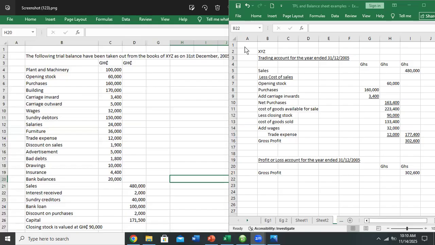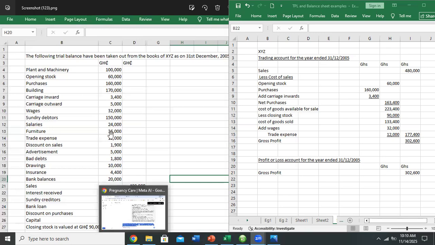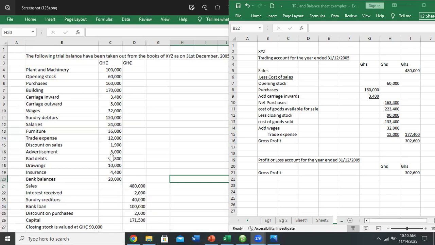These are the common ones. There are even some questions where you will not see any other income. So for this question, the other income, I told you, has credit balances. So when you are looking for them, don't veer into the debit side. The debit side is your assets and expenses, and your credit side is your income and liabilities. So if you look at this credit side, the first one is sales. Sales is an income, but it's a trading income, so it has been taken care of in the trading account. So interest received will be one of the other incomes.